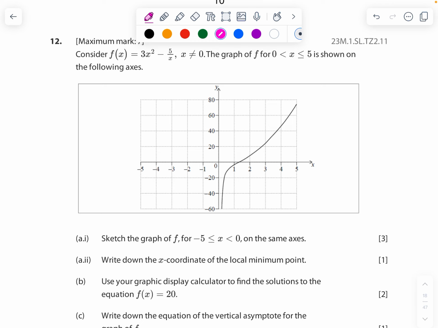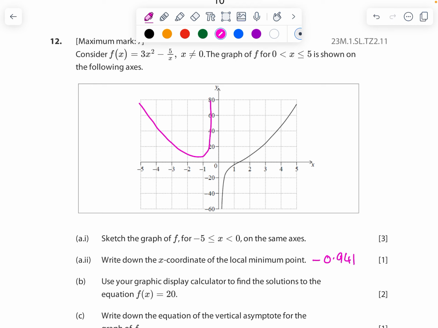Coming to question number 12. Consider f of x equals 3x squared minus 5 upon x, where x lies between negative 5 and 0. Sketch the graph of f. By using the GDC, you should be able to get it in this particular way. Sketch it. Write down the x coordinate of the local minimum point. Again, use the GDC to get the x coordinate of the local minimum point, which is negative